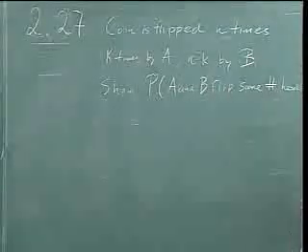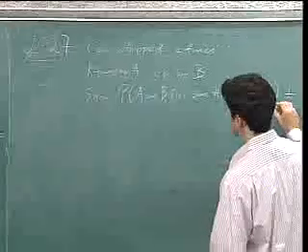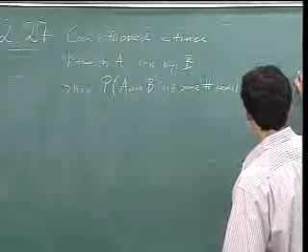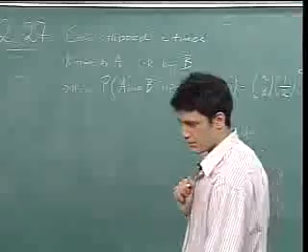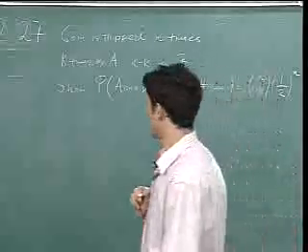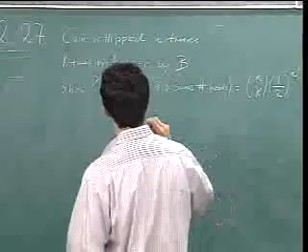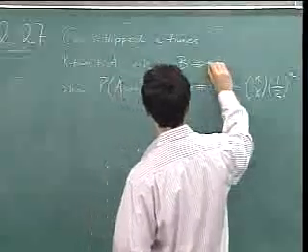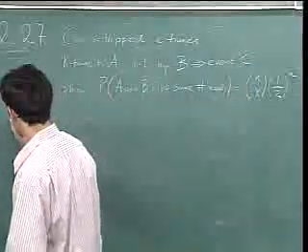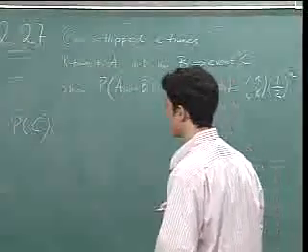And that is just n choose k times 1/2 to the n, since it's a fair coin. Okay. So let's call this event C. So the probability of C